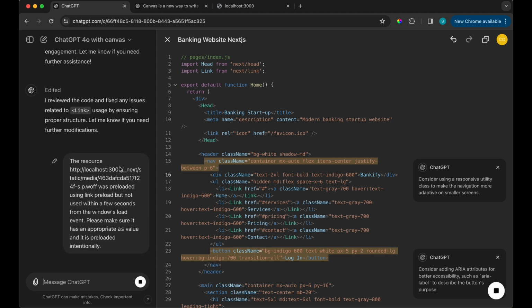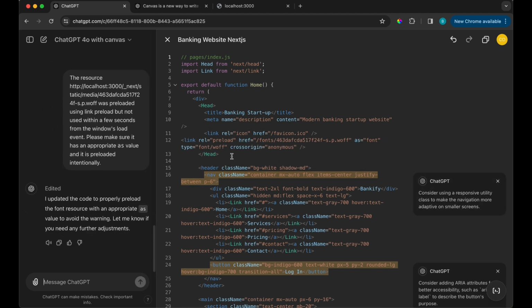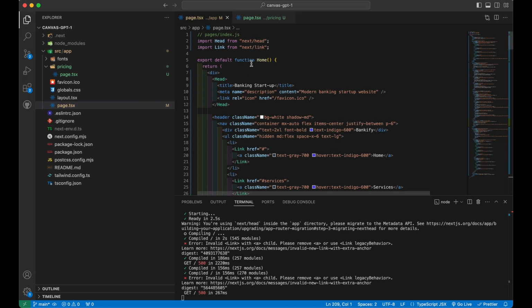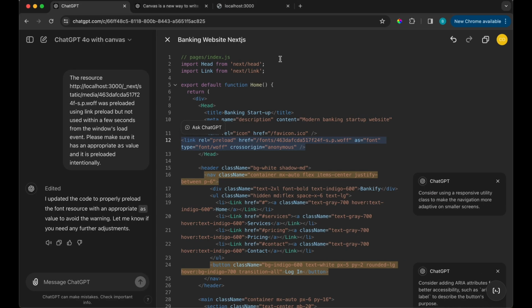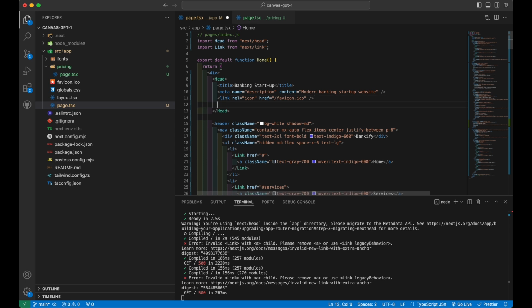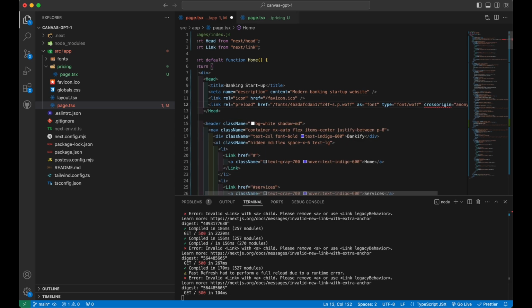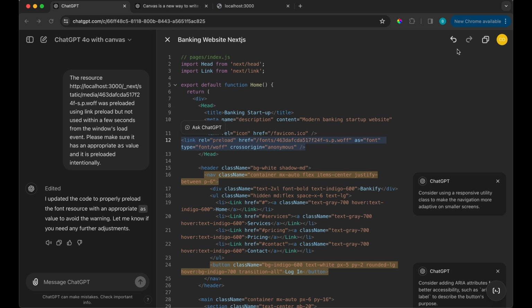I'm about to switch back to o1 preview to see if it can fix it, but all right. So it looks like it's adding some stuff in here, which is strange. Let's do this. Where did I put this at? Return, in the head. Yeah, so see, now it's wilding out. Let's just do this. Let's go